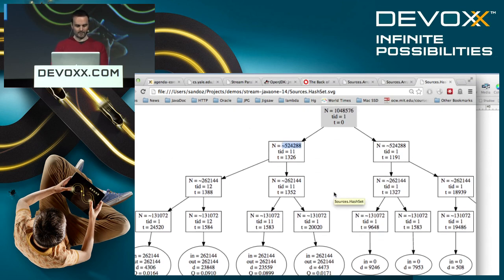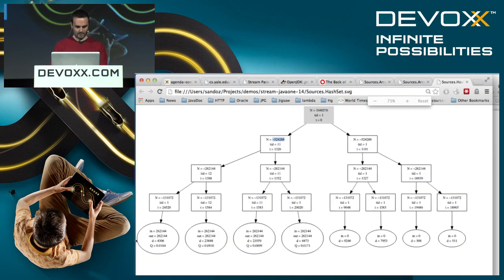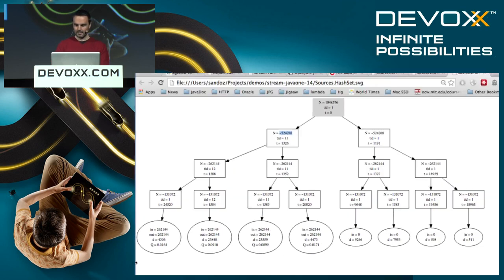And in actual fact, what we're getting at the bottom here is, I'll zoom in, I think it's easier, well, the left-hand side here is full, and the right-hand side is empty. What the heck is going on here? This doesn't look right. This is not very evenly distributed. What it's actually showing is a bug in the HashMap hashing.